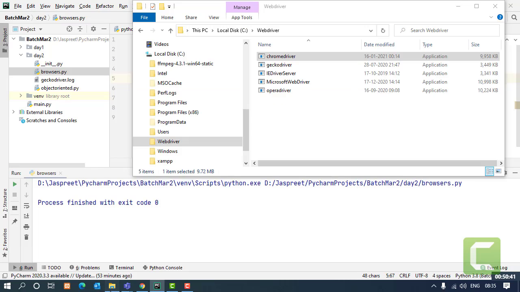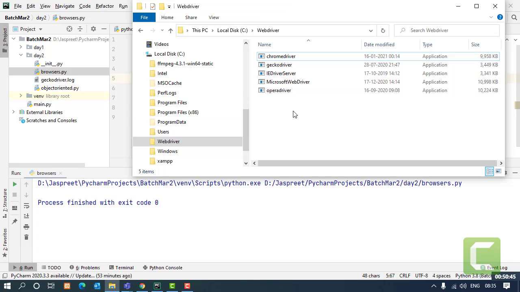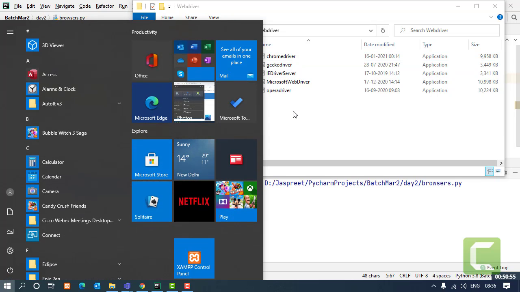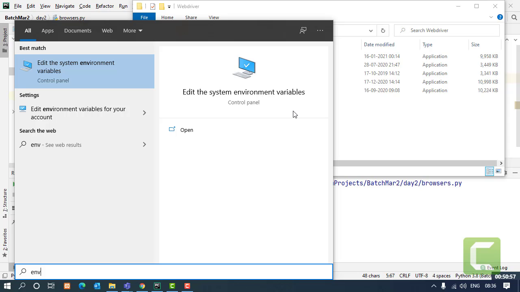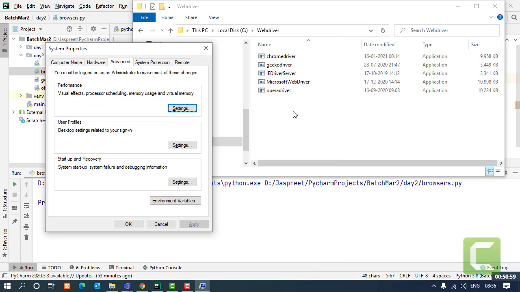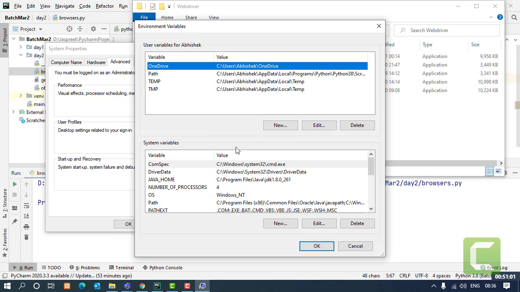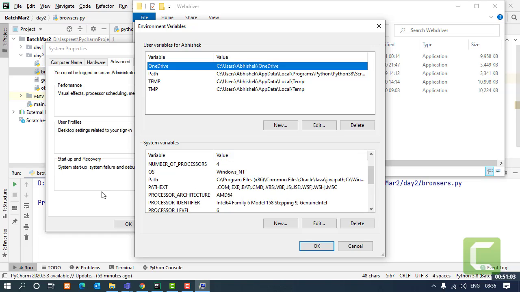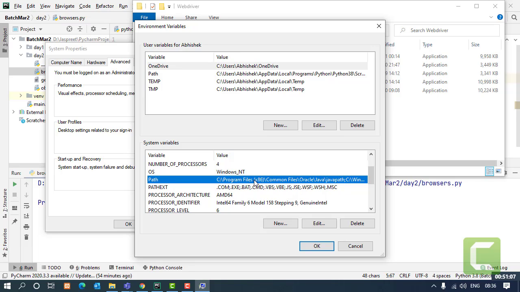There is a reason why I have kept all the drivers in one single folder, because what we are going to do is put all these drivers into the environment variables of the system. I'll open up the environment variables, and over here in the system variables, you'll get an option of path.